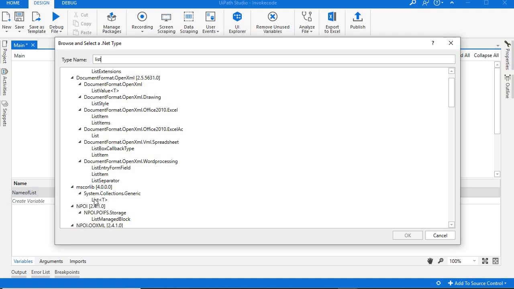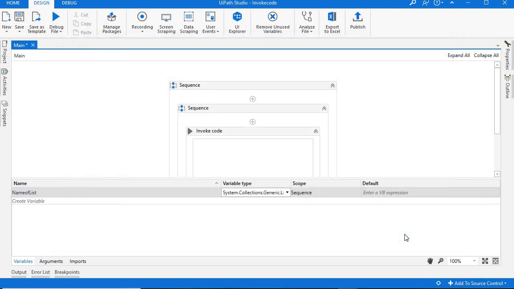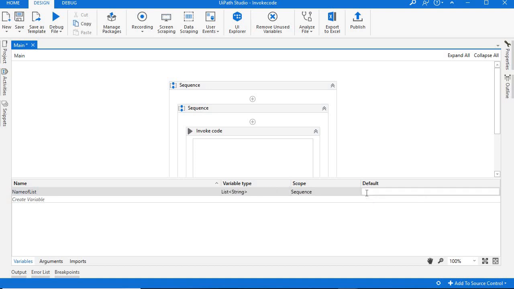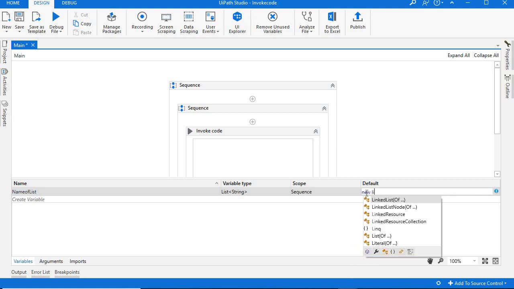I am taking this System.Collections.Generic List, and the list should be of string type. Let's assume. Clicking OK and set a default value as New List of String.